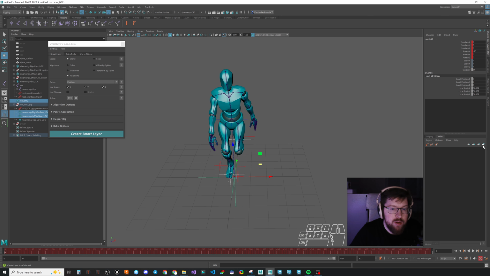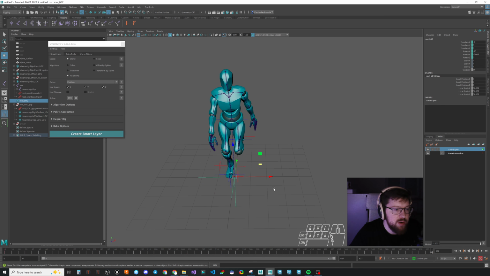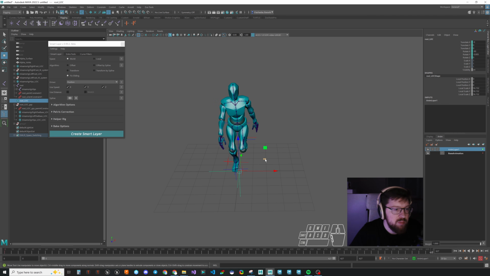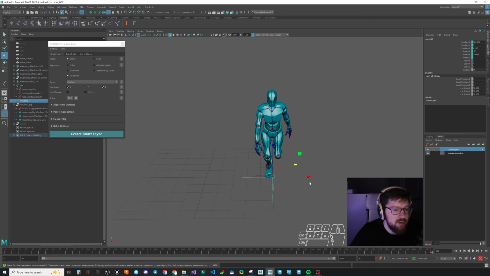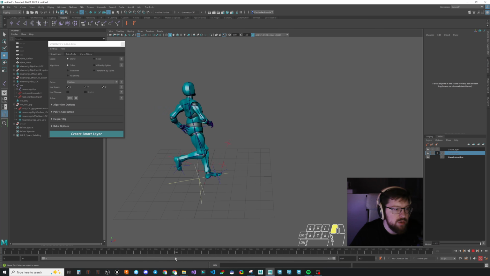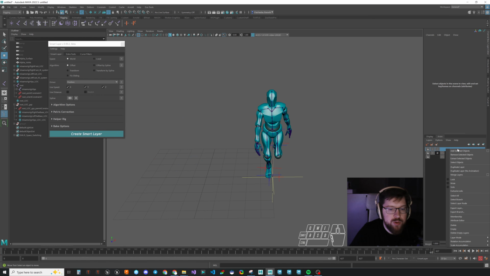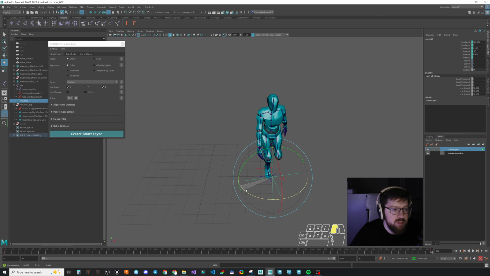Simply add it to layer as usual, set keys. Maybe let's say I want the character to be not at this point, but maybe at this point in the end. Simply run the smart layer with the offset algorithm, and I have all my animation shifted to the required position without any feet sliding. Or I can, for example, apply some transformation, maybe rotate my animation -180 degrees